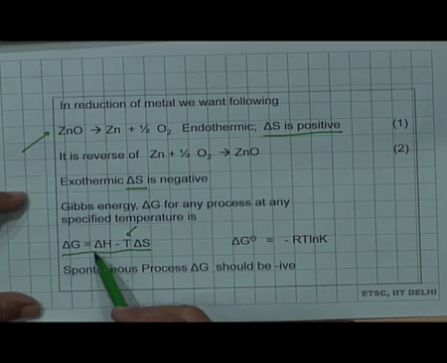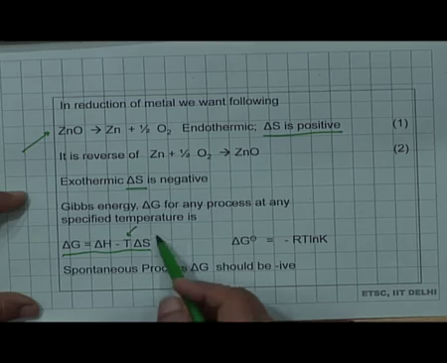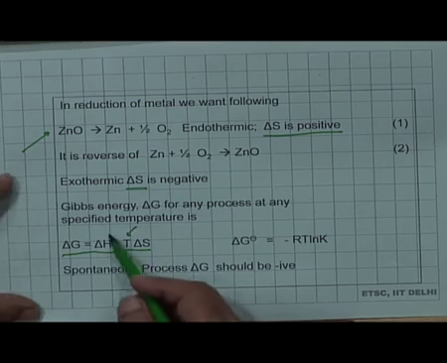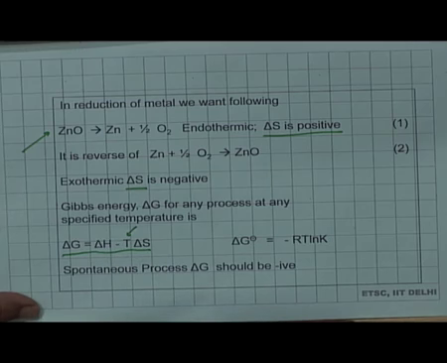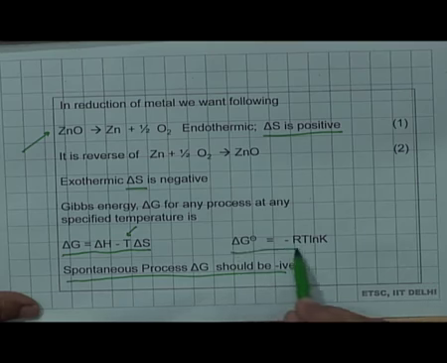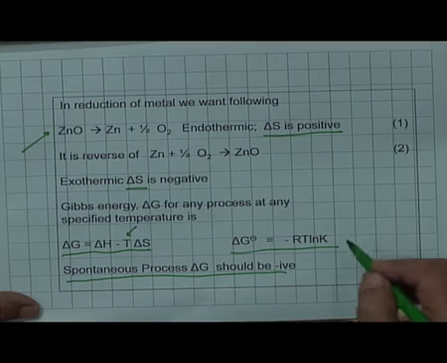It will be very easy for an exothermic reaction to make the overall delta G negative, but for an endothermic reaction you will have to increase the temperature, so that the second factor overcomes the first factor and overall delta G becomes negative. But if delta G is not negative, then the process cannot be spontaneous and the reaction cannot go. This delta G is also represented by the equation delta G equals minus R T ln K, where K is the equilibrium constant